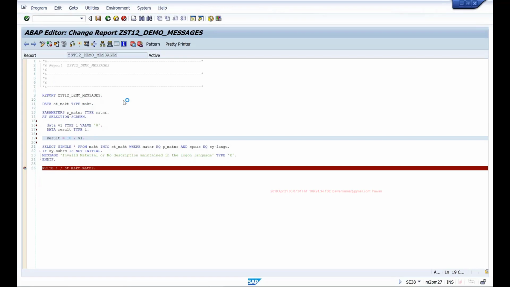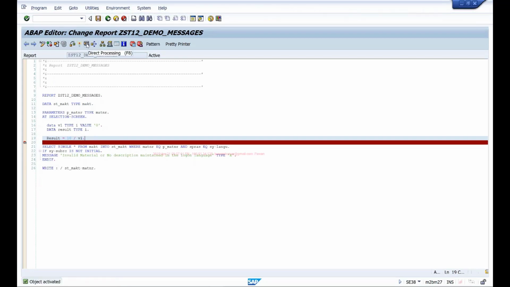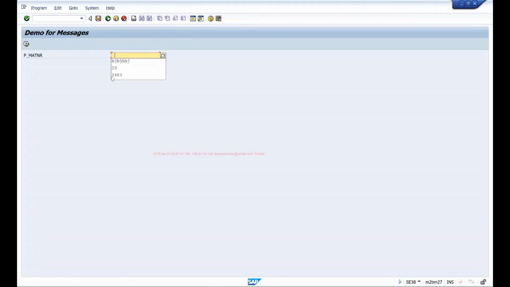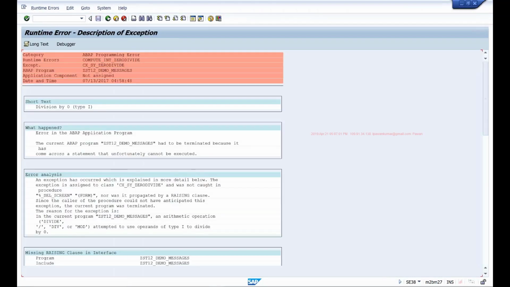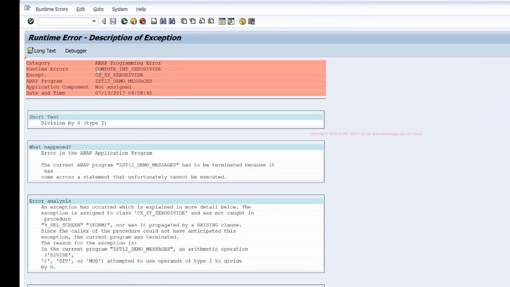What will happen? Anything by 0 is, the system won't know, right? So this should result in a runtime error. Okay. So this is a runtime error, computing 0 divide, that is raised by the system. So this is the type X message. System generally raises this type X message whenever it cannot understand what to do.